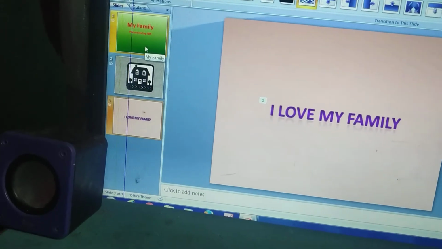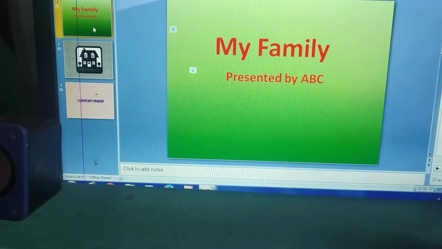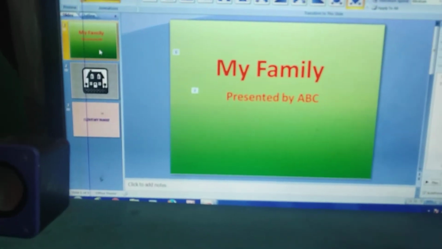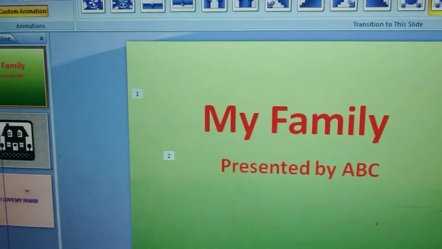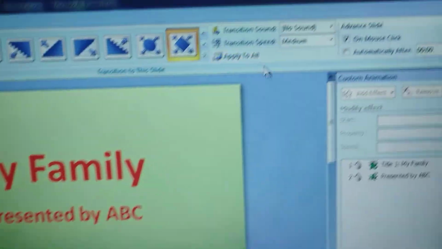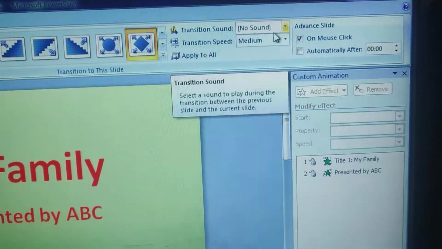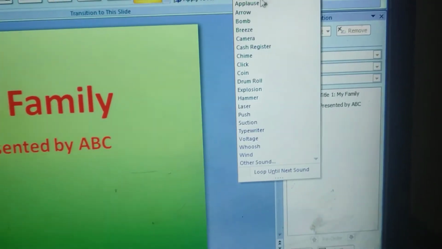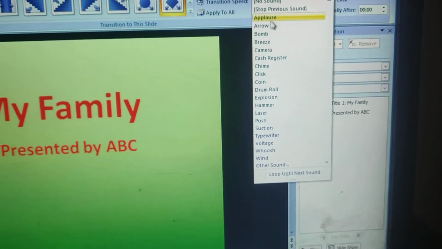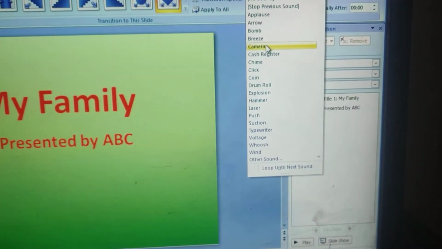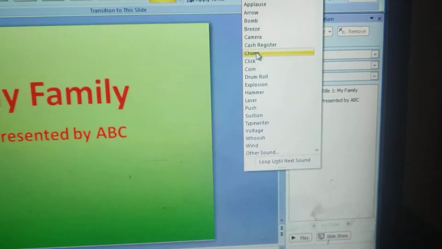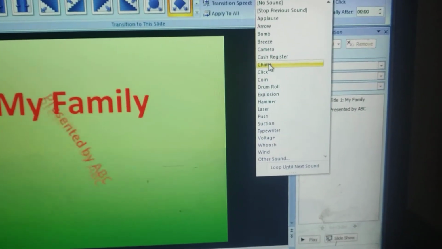Okay, even you can give different types of sound effect to all slides. Now this is my first slide. See here only in animation tab, here transition sound, you can choose any sound. It is like this. Now I will choose this one.